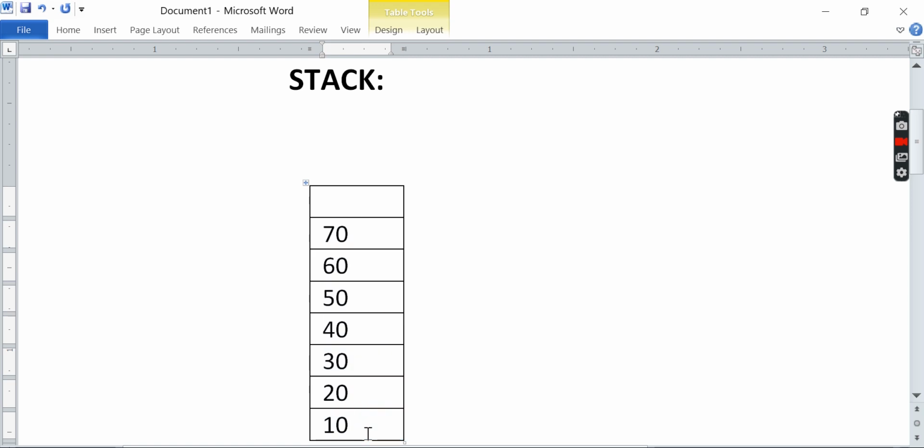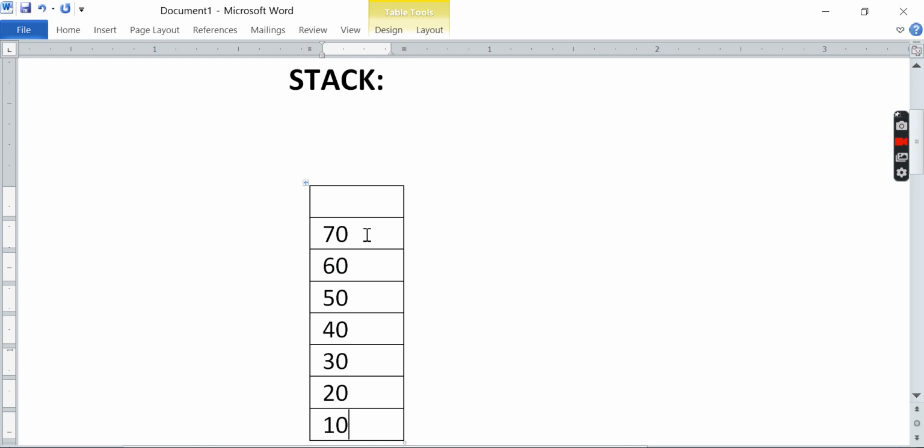Whenever an element is inserted first, it will get the bottom place. After that, the next elements will take place above that particular element. So the recently entered element will be deleted first. If you want to delete this 10, what should you do? You have to delete all the elements. Taking out from a big stack, first of all you have to take out the first book, then only the second book will be available. Similarly, the stack elements will be deleted like that.